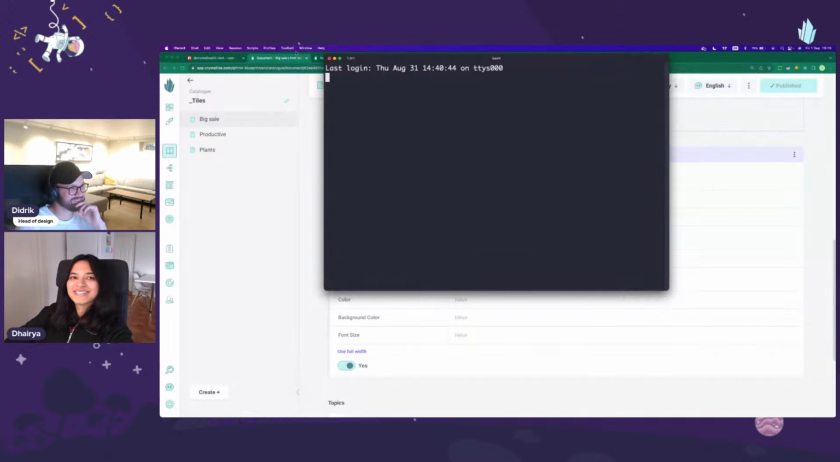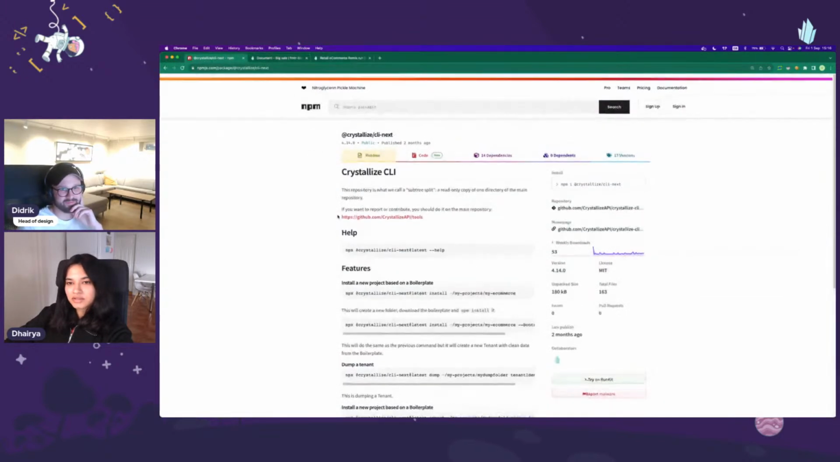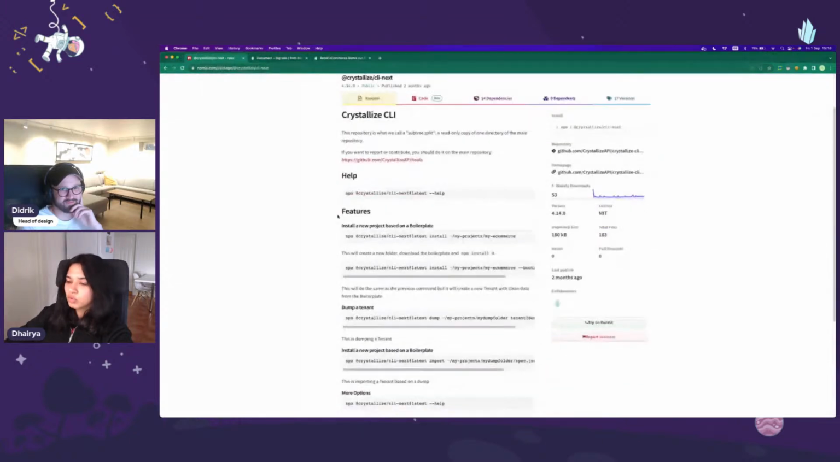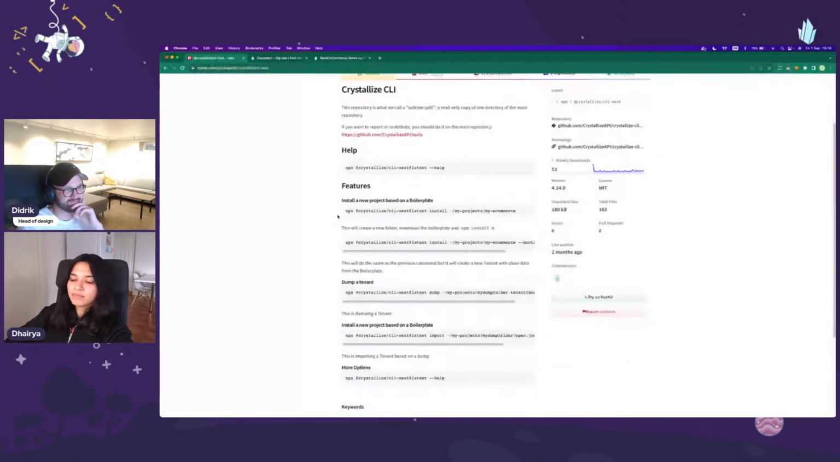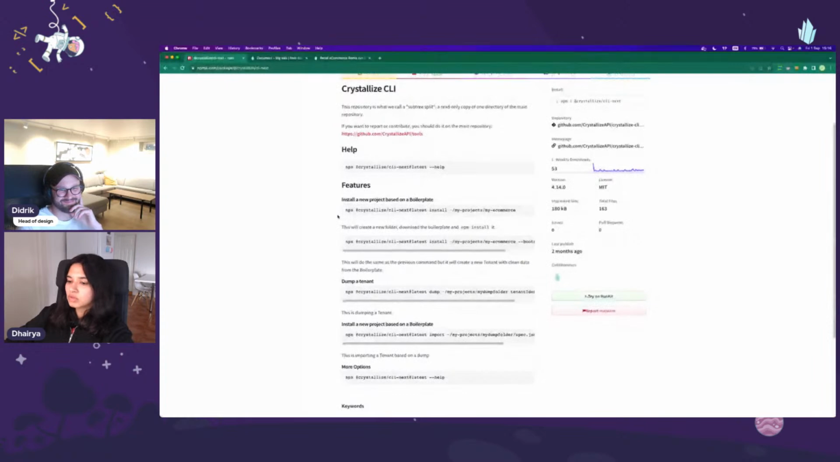Okay. So we're going to use CLI Next for this. This is our new cooler CLI. So we had a previous CLI, but that only installed boilerplates. But this one also allows you to import and export data from and to Crystallize. So yeah,